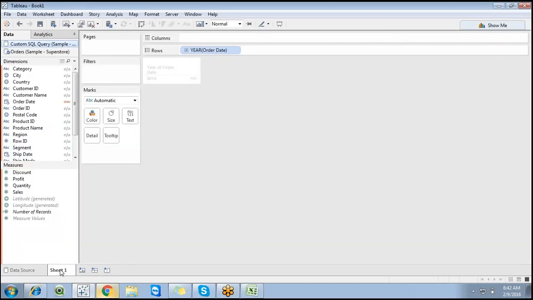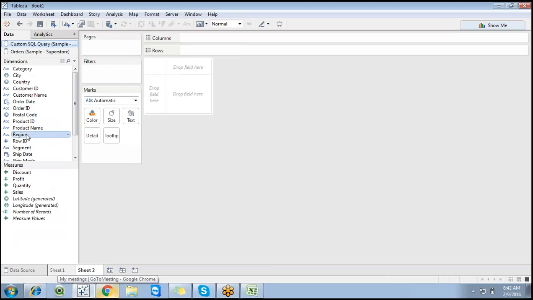Now just go to sheet 1 and drag and drop region here. Now you can see central, east, west. There is no south. You could go for region-wise sales, but I use a data source filter because when you create any number of reports, we are not going to display south related information, since I don't want it in my project.